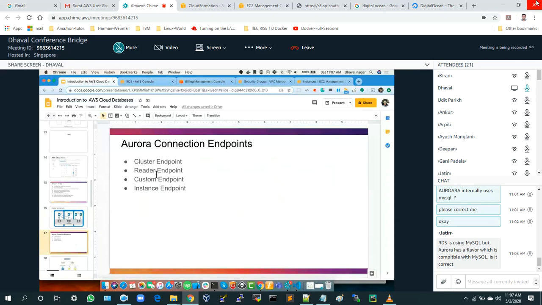You have the cluster endpoint, which is pointing to your entire cluster, and internally it will actually divide the load if you have multiple nodes. Your reader endpoint will only redirect the select queries to the reader instances. It will not redirect the select query to the primary instance, because the primary instance is meant for the writing purpose. So all your DML statements will go to the primary, and all your select statements will go to the reader